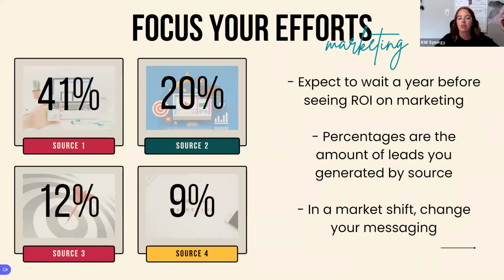Okay, so focusing your efforts on the marketing side. I realize this does not equal 100%, which you should not be getting 100% of your leads. I think it's like 82%, but still. So focusing your efforts. This was on a call recently with the international leadership. So you should have 4 of your 4 marketing sources. 41% of your leads should come from source 1, 20% from source 2, 12% from source 3, and 9% from